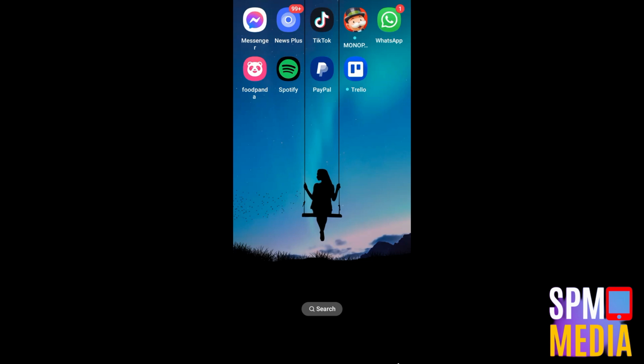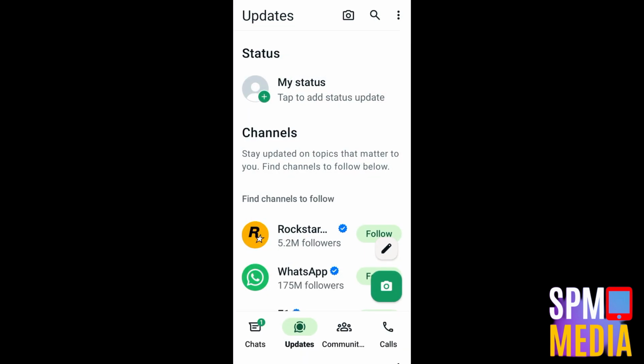Hi everyone, in this video I will be showing how to remove the WhatsApp bottom navigation bar. So if you have updated your WhatsApp application, then there is no possibility that you can remove this navigation bar